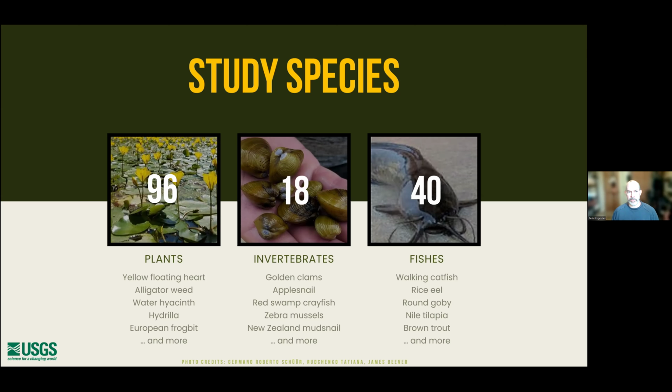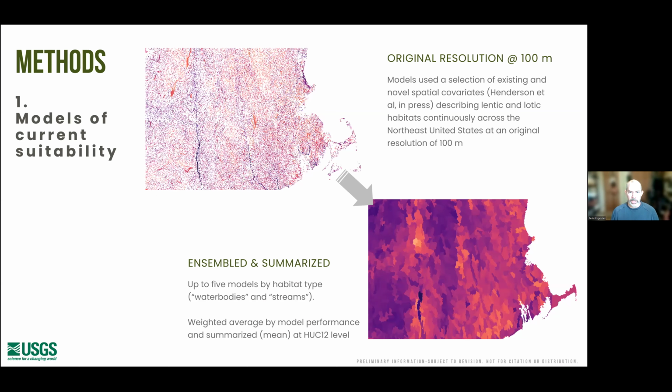enough. We would describe them as maybe data deficient, not enough to produce a model or produce a good model. And so out of this, we were able to look at 103 species still across these 3 taxa groups of plants, invertebrates, macroinvertebrates, I should say, and fishes. So I'm just going to walk through the components of the risk score and then talk about, again, our management ready results, or management focus results.